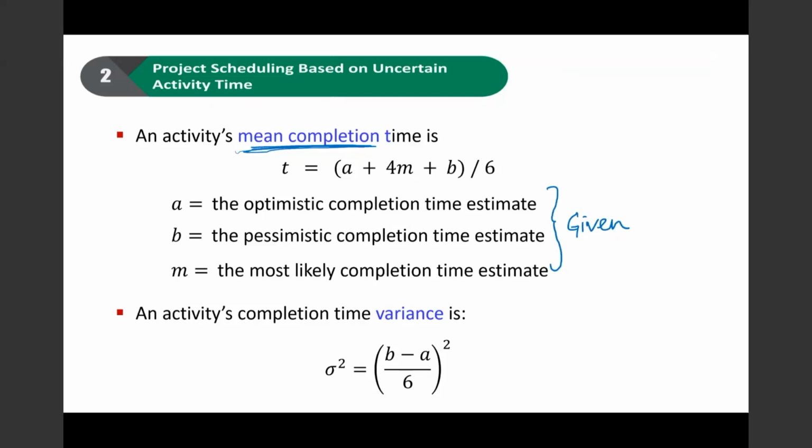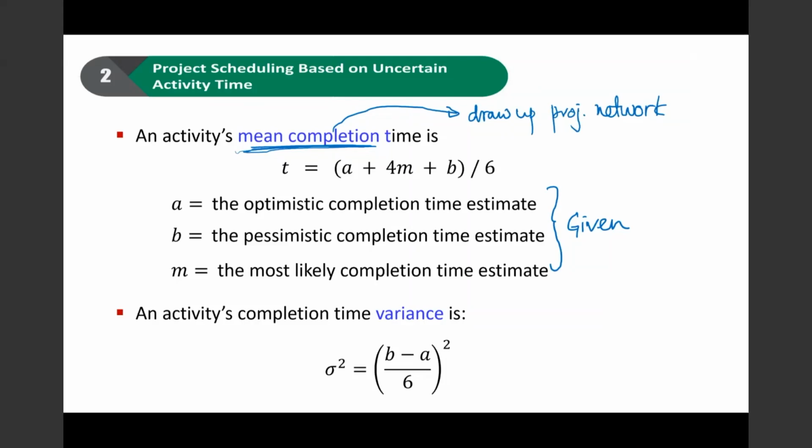Okay, and we will then draw up a project network just like what you did earlier using the mean completion time. So this is the time that will be used to draw up your project network. Not your optimistic time, not your pessimistic time, and not your most likely completion time. You will draw up your project network using your mean completion time. So in this kind of